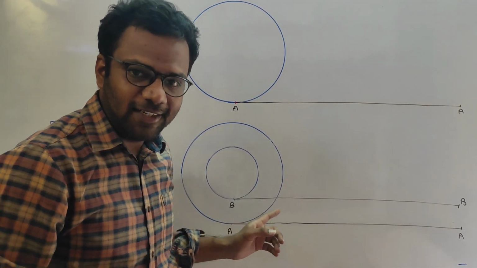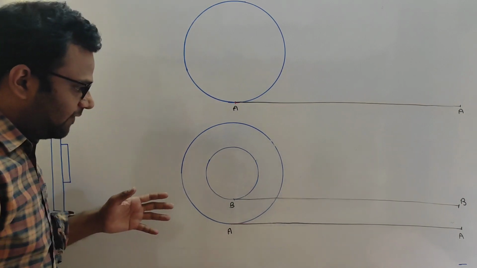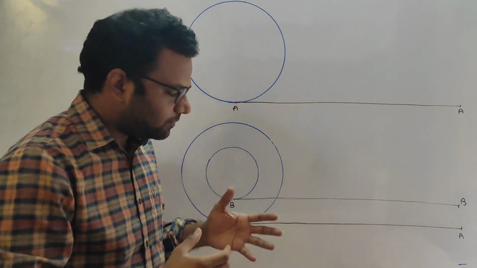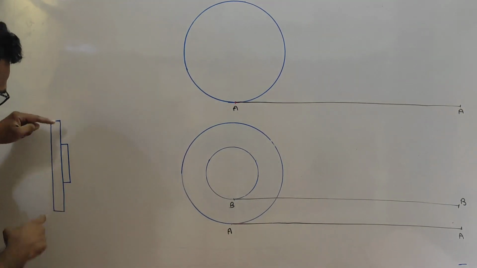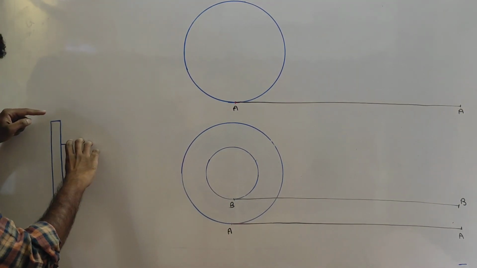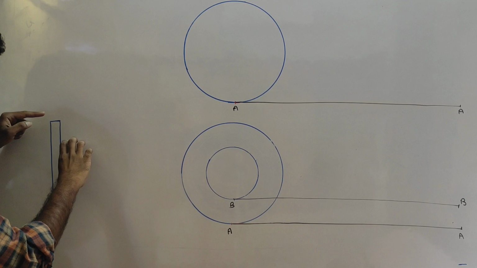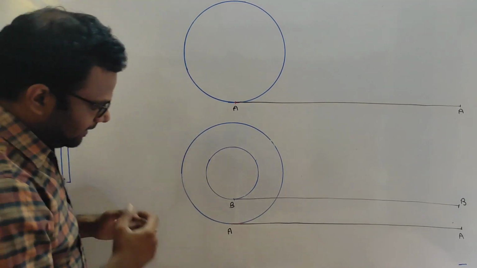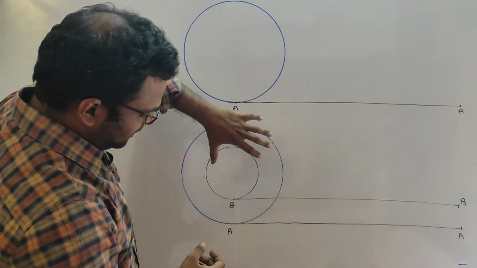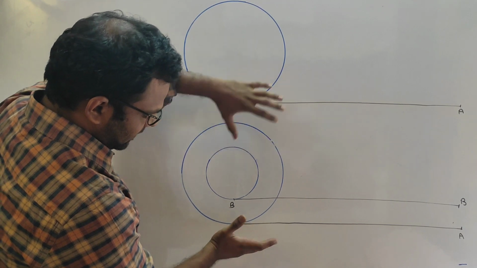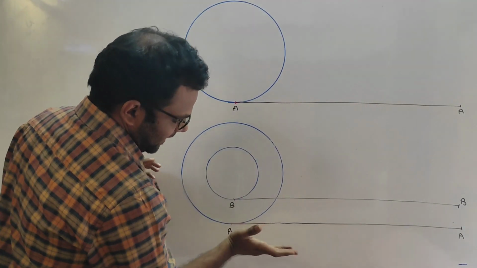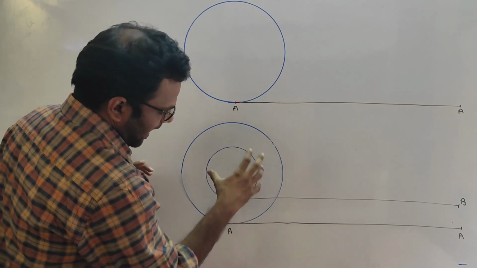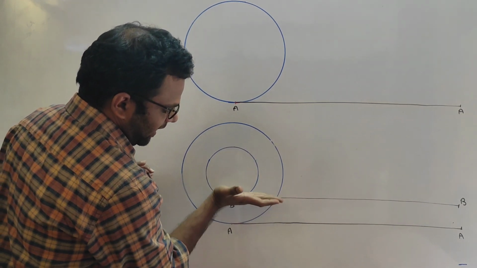But now here comes the interesting part. Suppose I have two discs, one attached to the other. Okay, this is the side view. So this is the bigger disc and this is the smaller disc. And this system I have kept such that the bigger disc is in contact with some surface and the smaller disc is in contact with another surface.